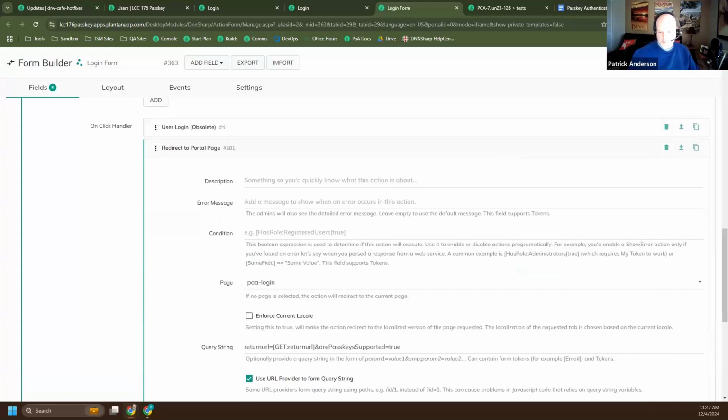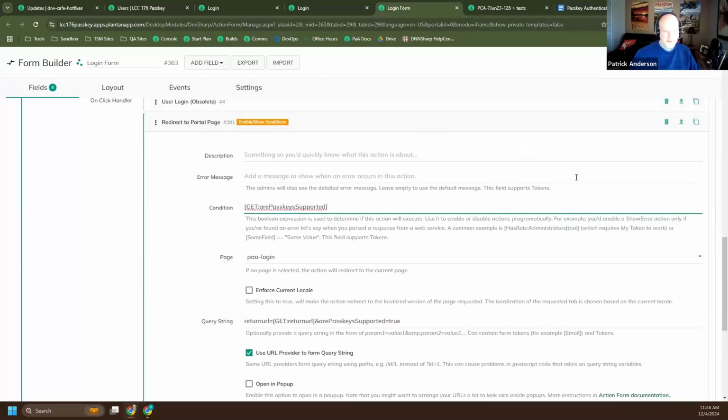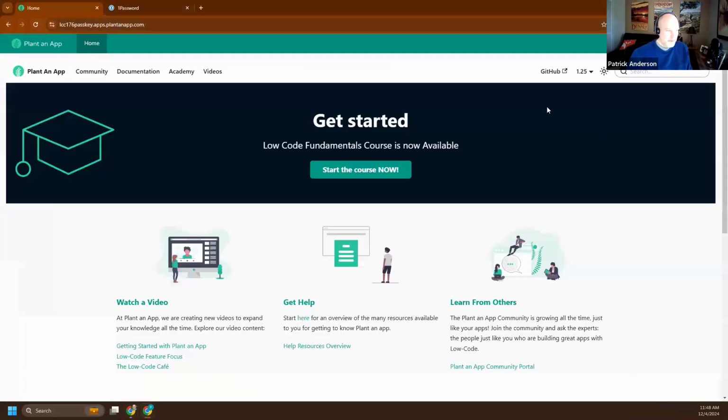And also I missed another important detail here on the redirect to portal page action. I need to check to see if passkeys are supported. So if passkeys are not supported, they'll get pushed onto the other redirect actions that were happening to me just a minute ago. So let's save that like that, and then switch back over to,